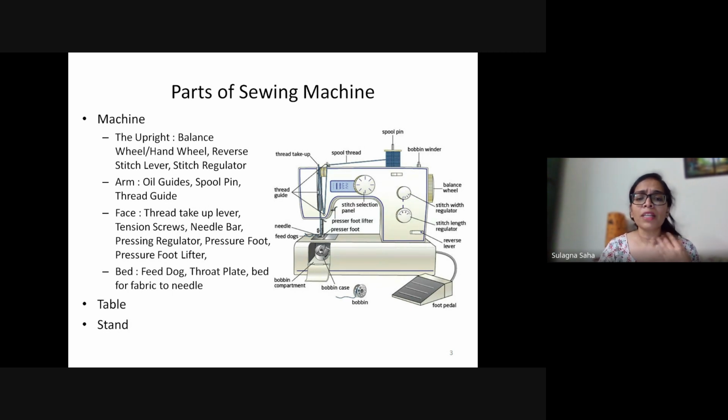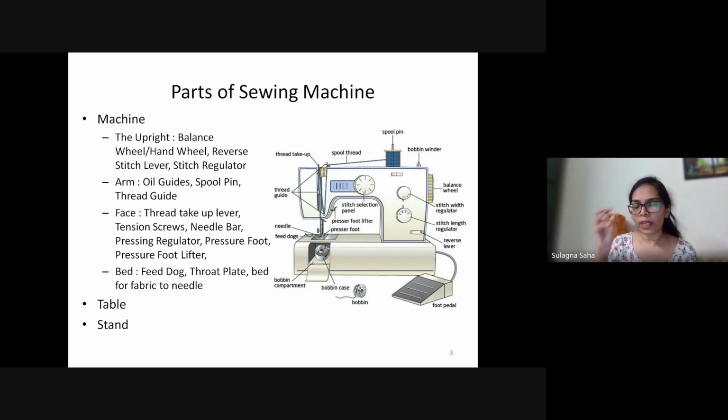Then we have a pressure regulator. This is essentially the amount of pressure the pressure foot should have on the fabric. Now this is generally located just above the pressure bar, and if you rotate it clockwise, it increases the pressure.